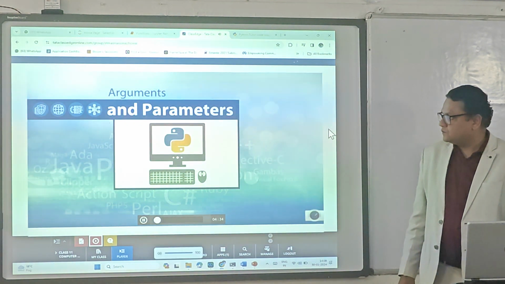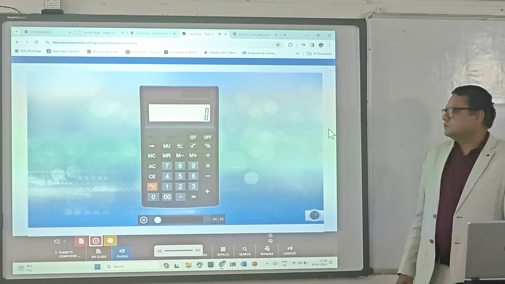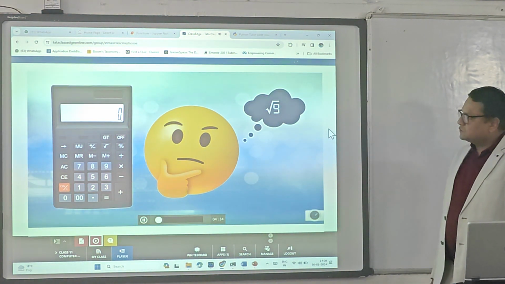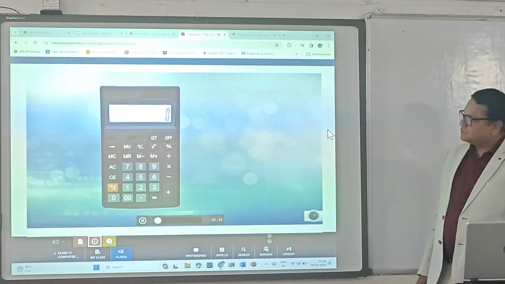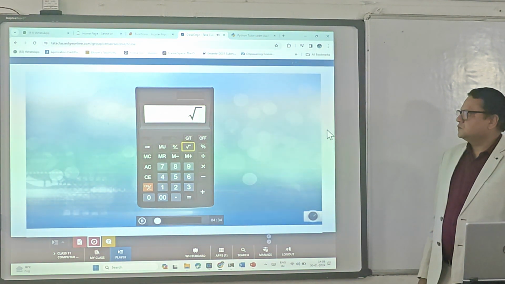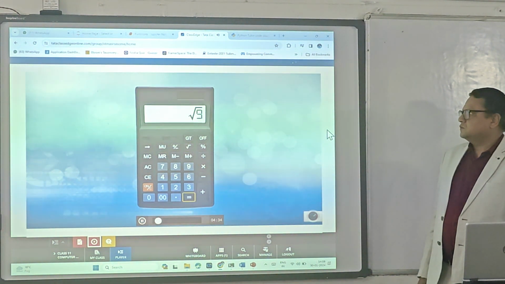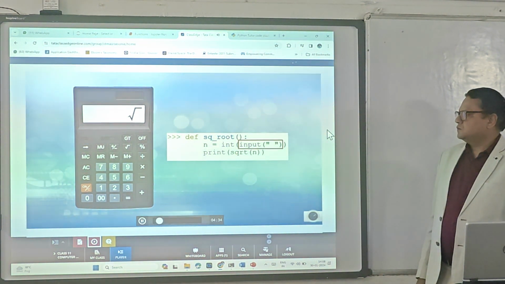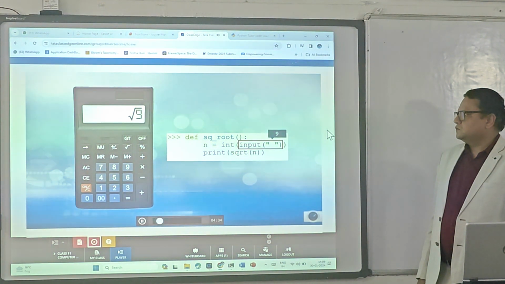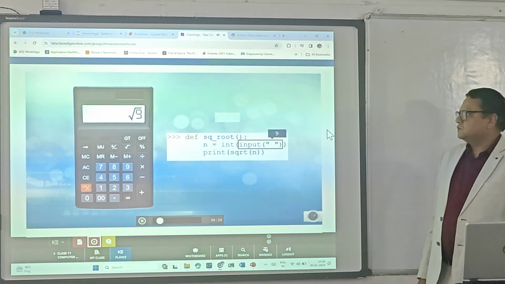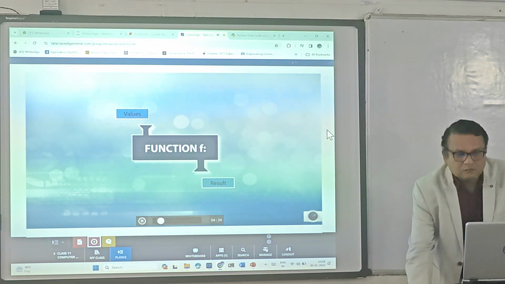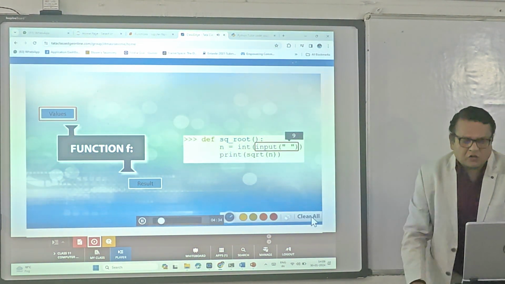Arguments and parameters. You must have used a calculator. How do you find the square root of a number using the calculator? You press the square root button and enter the number. On clicking equal to, you get the answer. Here, the square root function accepts the number which is coming from the user and prints the answer, which is 3. In a similar manner, in programming, we